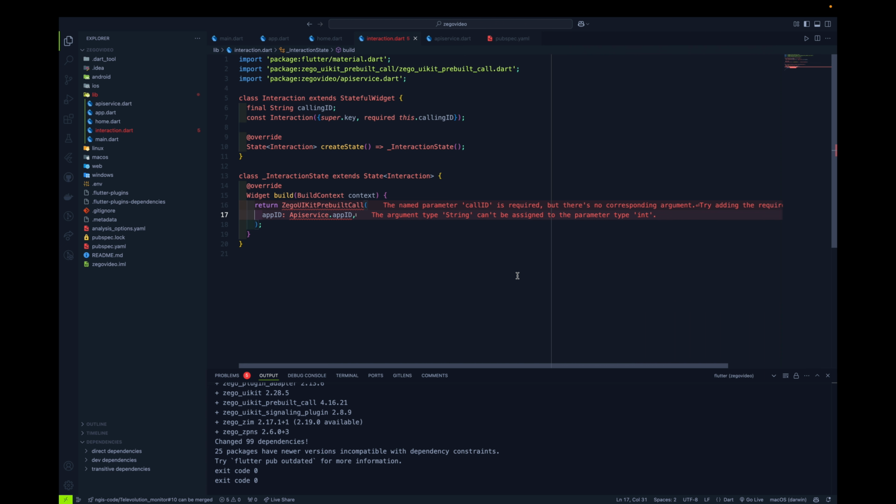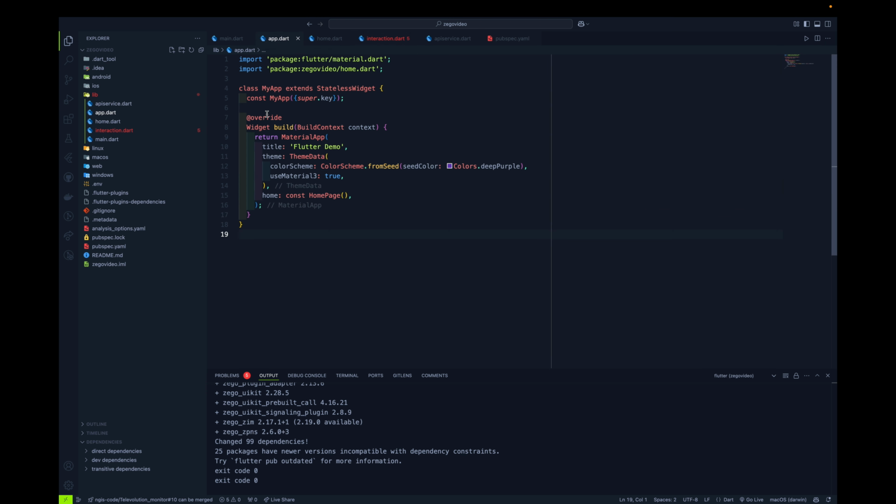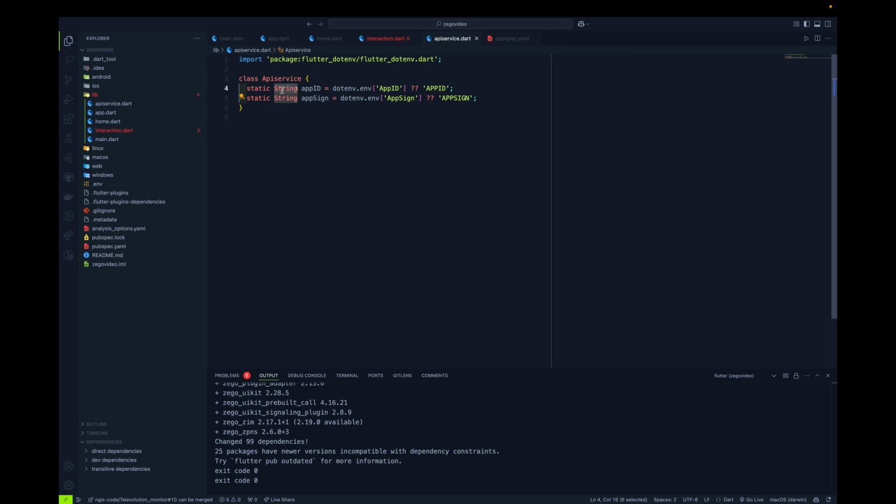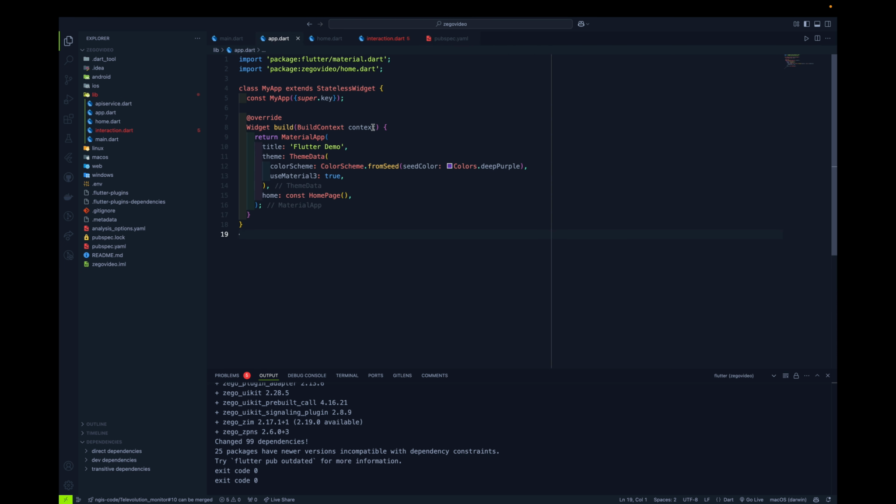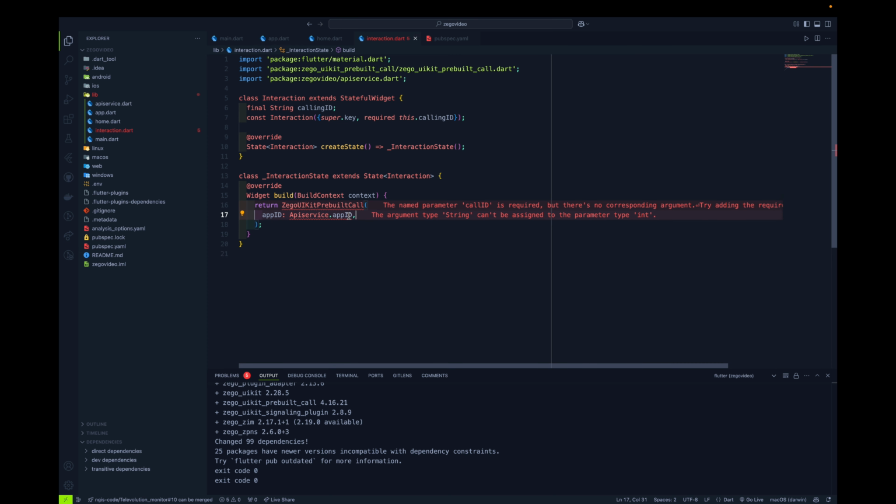Caller ID is required. String can't be assigned to the parameter type int. Okay, it requires an integer. So what we are going to do is go to the IPS service, and rather than int, since it requires int, we'll do one thing, we'll just parse the int